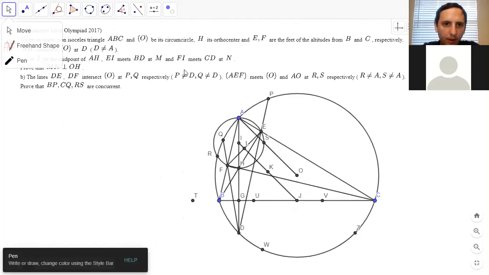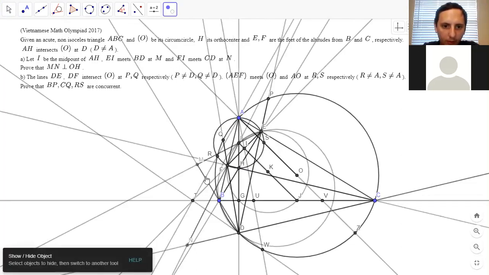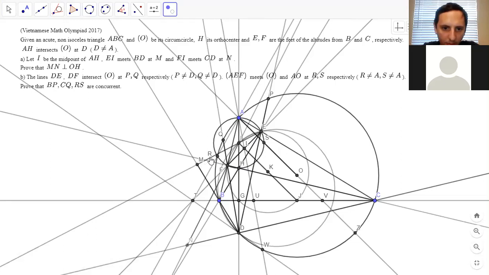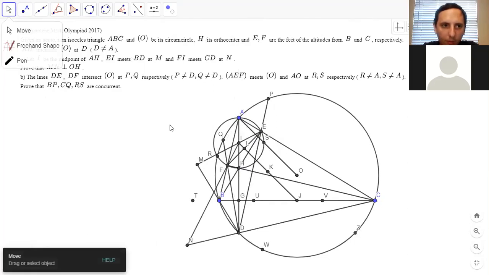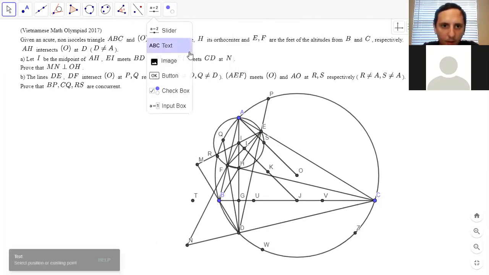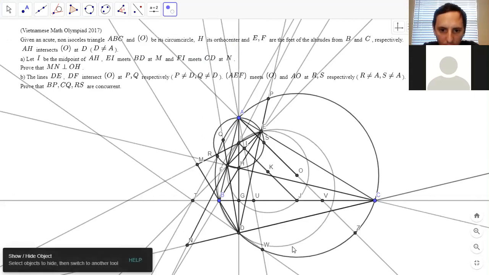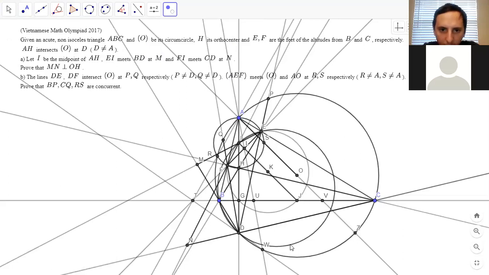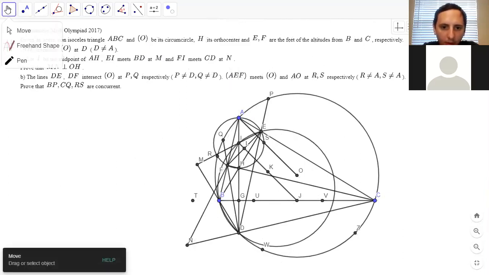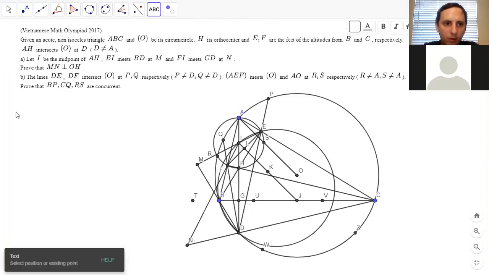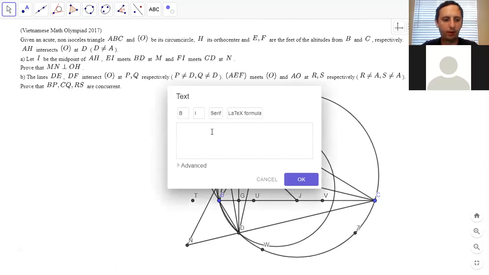Okay, so let me just do part one really quickly. You said D, B, I, and E are cyclic. That's basically an angle chase, right? So for part A,